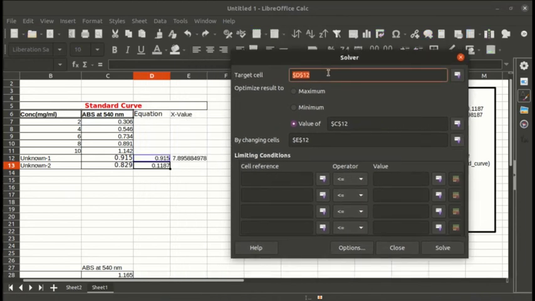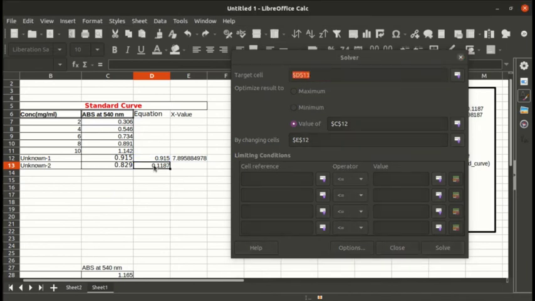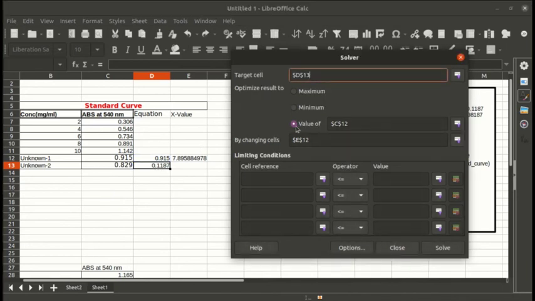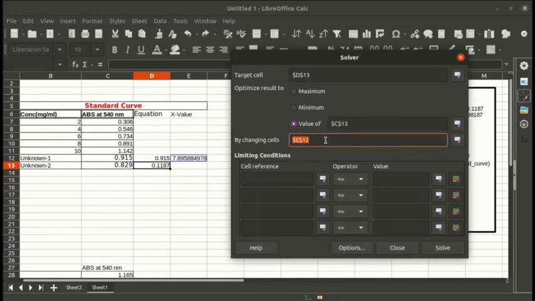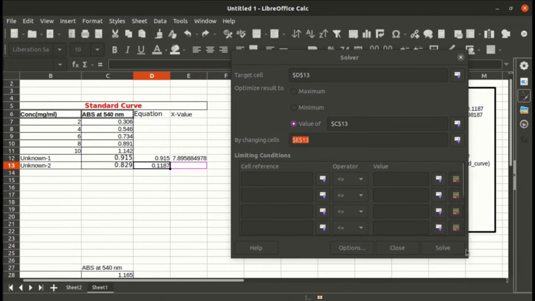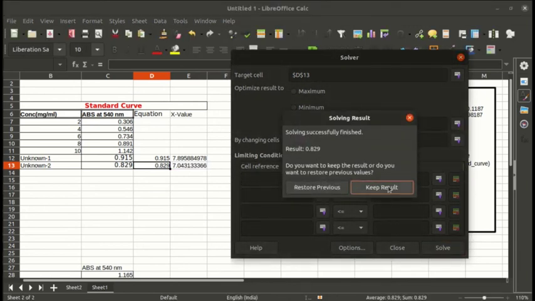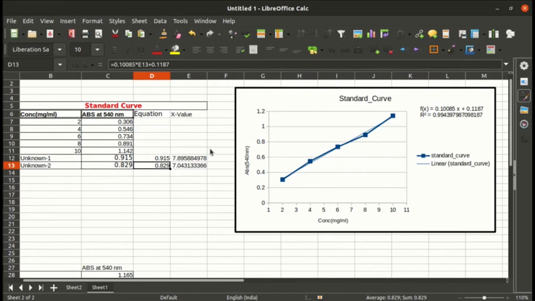My target cell is the cell which contains my standard curve equation. Do not check maximum or minimum. I should click on value of, then the value of is the cell which contains my y value, the absorbance value, this one. Then by changing cell, this is the cell which should have the x value. I'm going to click on this, click solve, keep result. So there you go, you've got the x value.